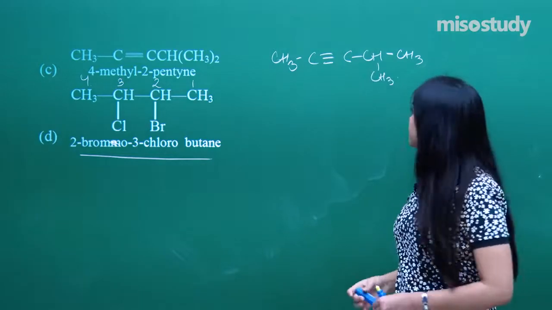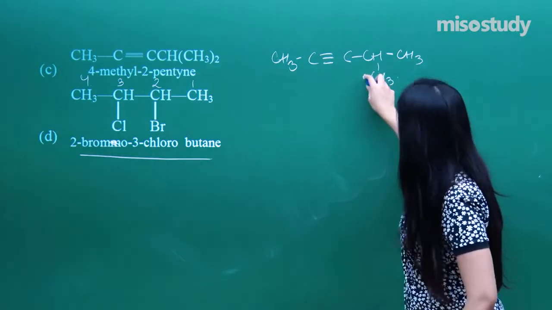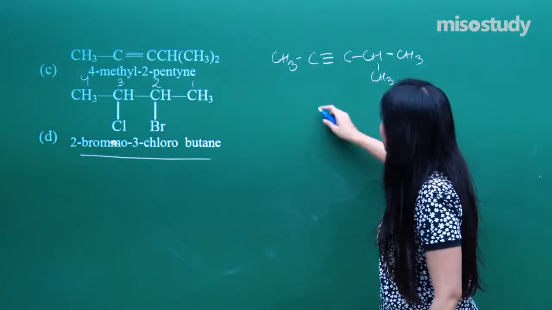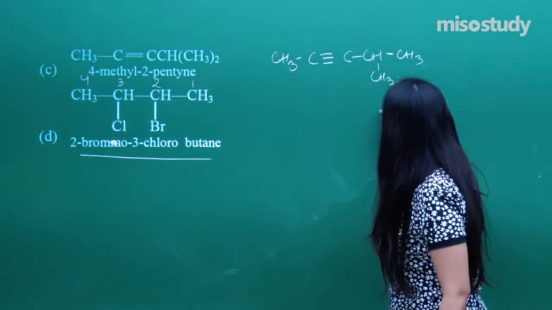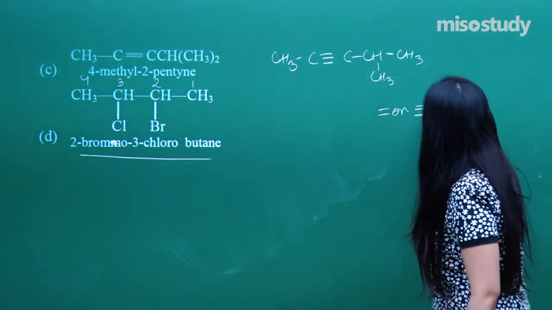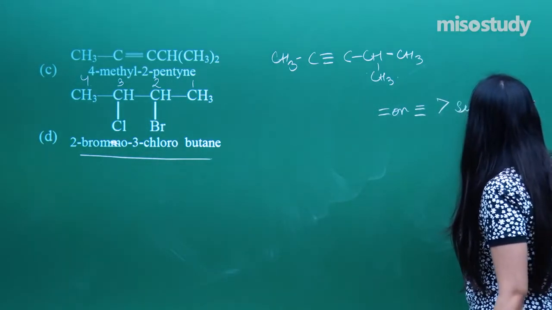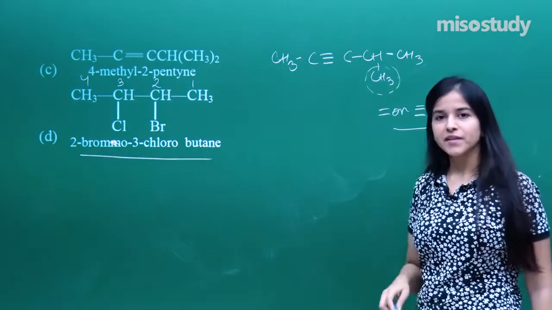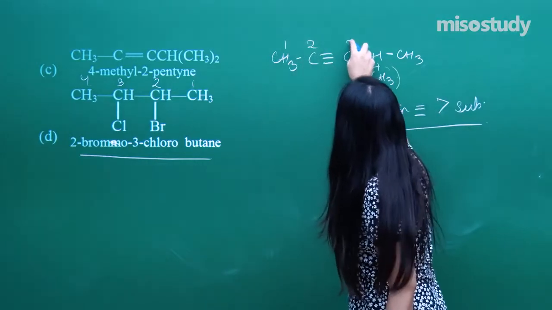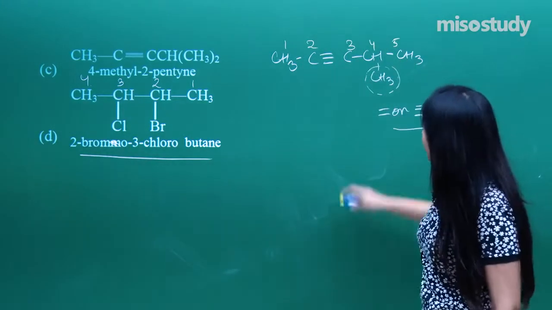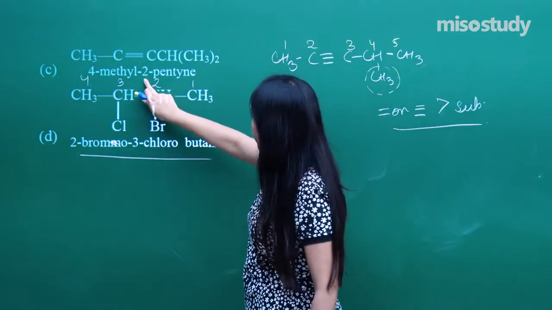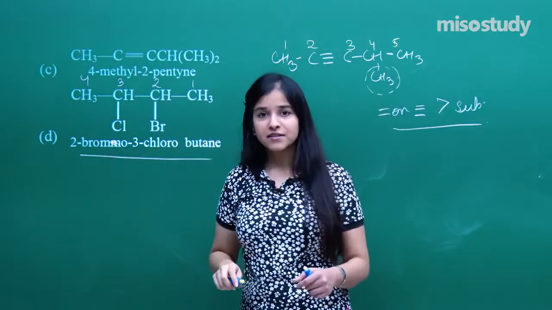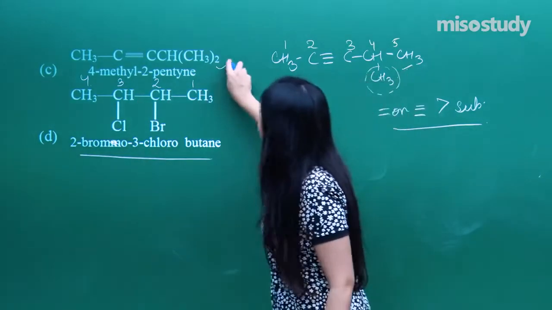So that is how the expanding is done. Now I need to again assign the word root. Here, double or triple bonds, as I told you, are preferred over the substituents. What is the substituent over here? That is the methyl group. That means 1, 2, 3, 4, 5, so it would be 2-yne. Yes, 2-pentyne, 5 carbons, that is also correct. 4-methyl, that is also correct. So this name is also correct.